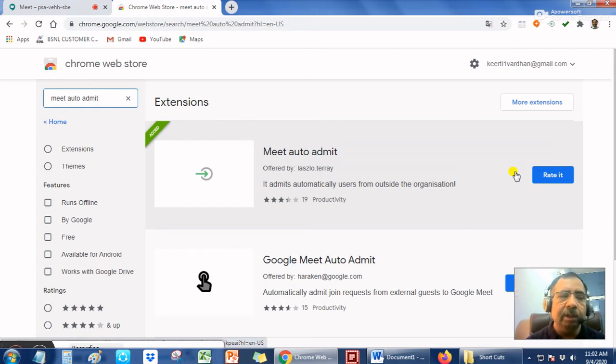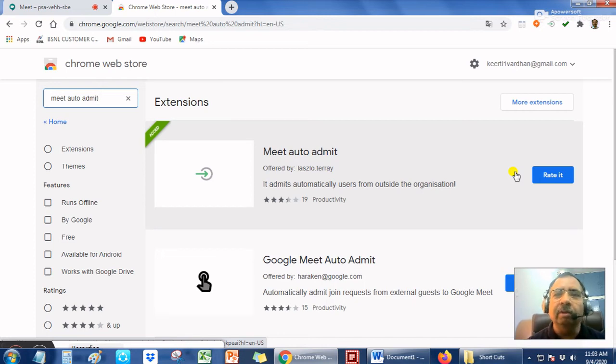But if there are 70 students and the teacher is looking at the notification every second, someone wants to join, this person wants to join, and every time the teacher is clicking admit, admit, admit, it means 70 to 80 clicks at different time intervals, and in total you can say 10 to 15 minutes will be wasted in admitting all the students.